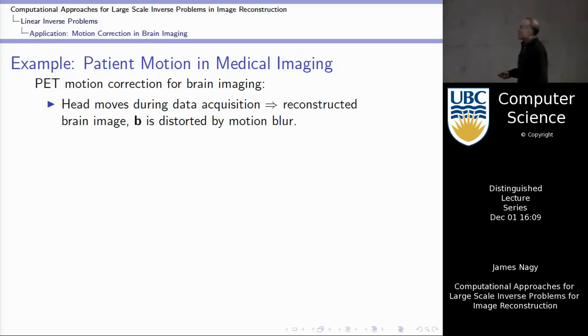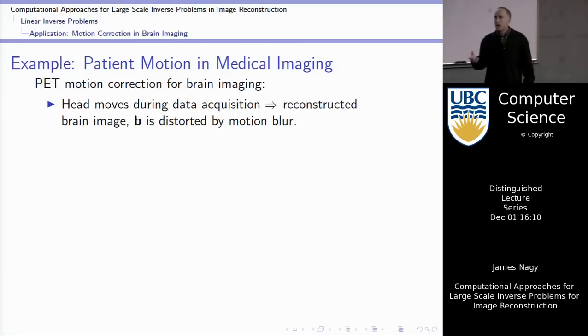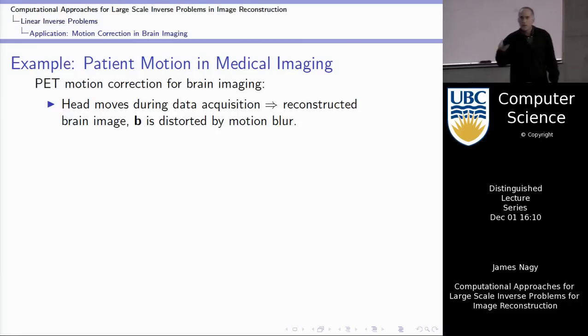So this is this positron emission tomography example. Again, it's a person who goes into a positron emission tomography scanner. If you don't know what that is, it's a nuclear imaging technique where you're injected or you ingest a radioactive substance. You put it into the machine and you glow. And the machine